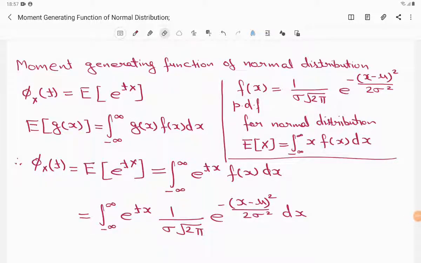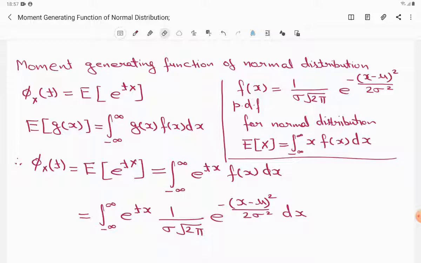So in this video, we are going to discuss the moment generating function of a normal distribution, and we are going to use that moment generating function for finding the mean and variance of the normal distribution. There is a different method by which you can calculate the mean and variance of a normal distribution. However, that method is slightly more tricky and requires a lot of integration. And over here, if you use the moment generating function, it is slightly easier.